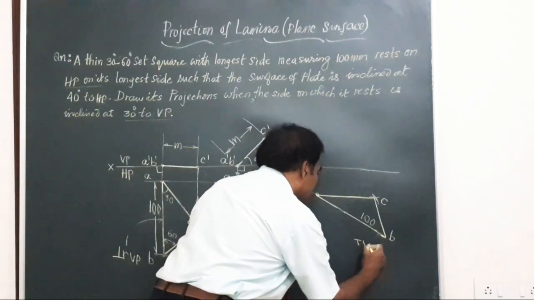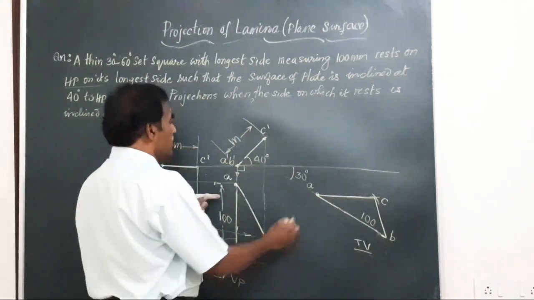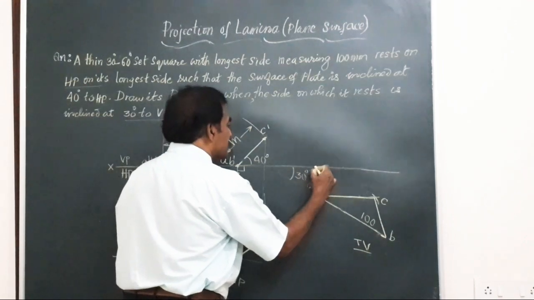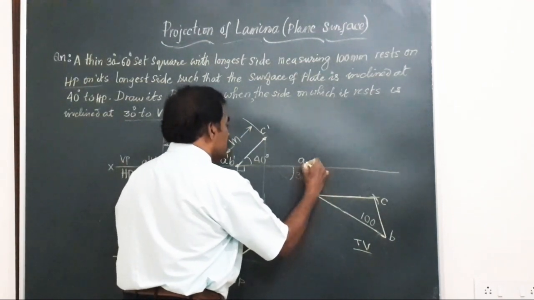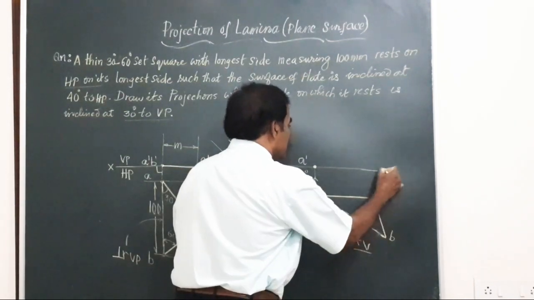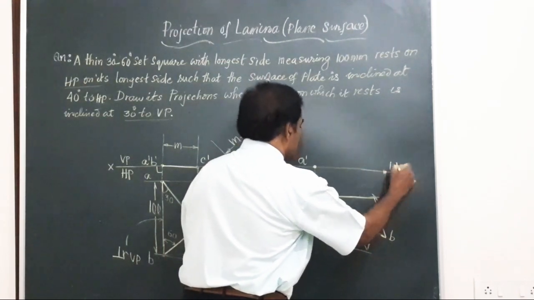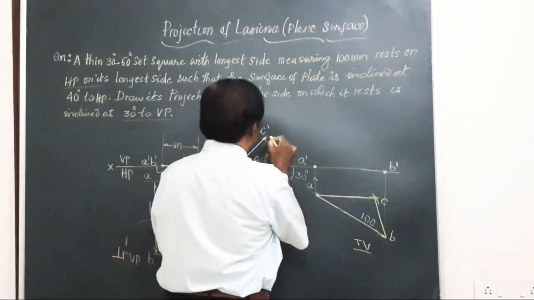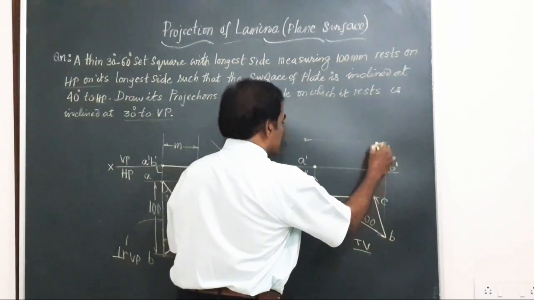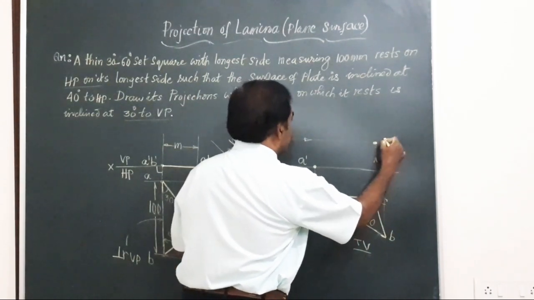We have to obtain the front view corresponding to that top view. So how to obtain it? Draw a vertical line from A, a horizontal line from here. These two will intersect here. We will get the point A dash. Similarly, B is here. Draw a vertical line from B, a horizontal from B. This is going to be B dash. For C, draw a horizontal from C, a vertical from this point C. These two are intersecting here. We call that point C dash.